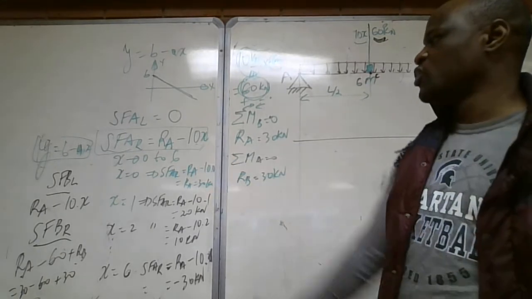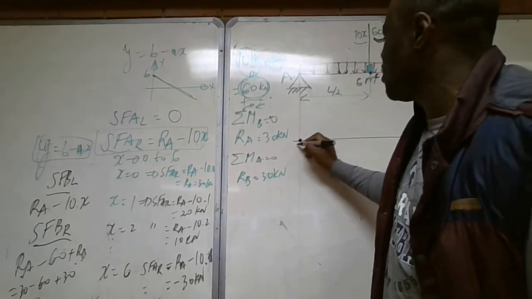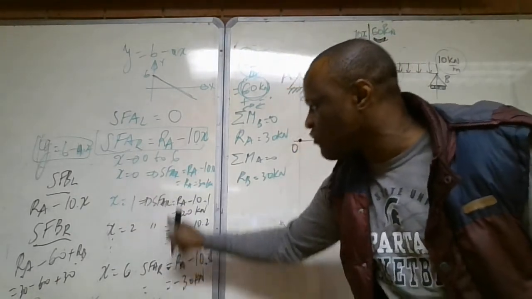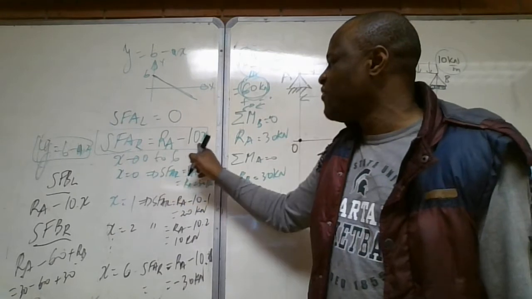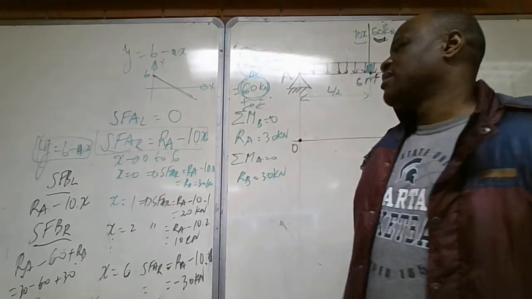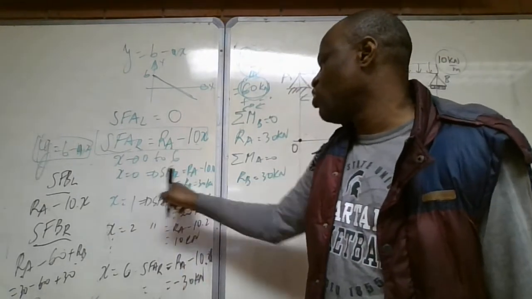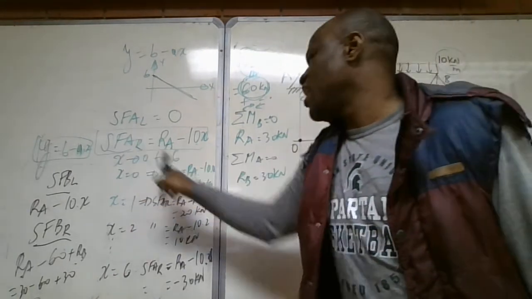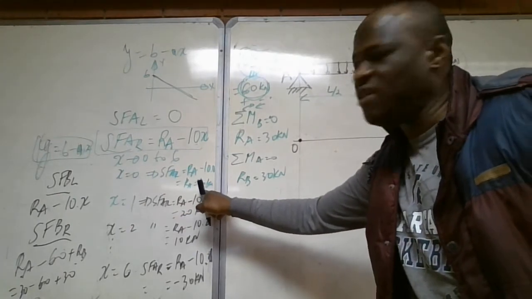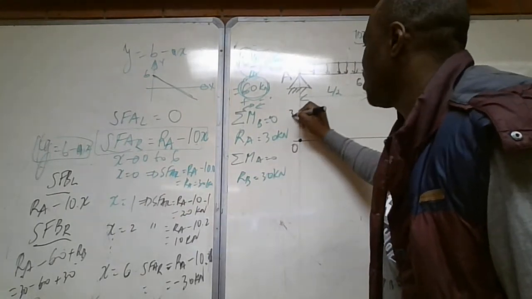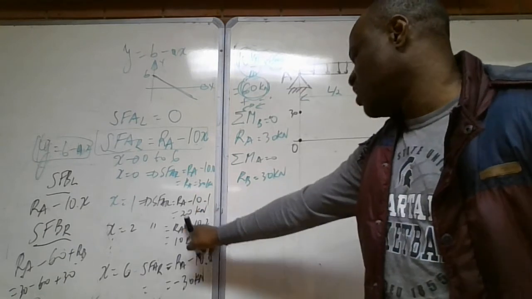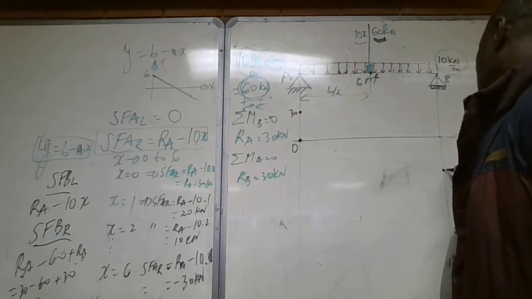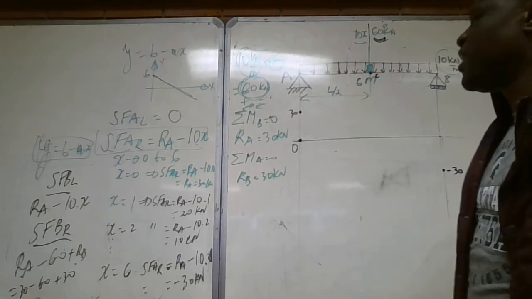Then let's plot the values. At A left, it's 0. At A right, that's where we have different numbers of points to plot because there's a variability of the length. It goes from 0, for x equal to 0, the shear force at A right will give us 30. We'll have 30 here. And then from 30, we can see that the values are decreasing up to minus 30. Means when we reach B, it will be at minus 30.